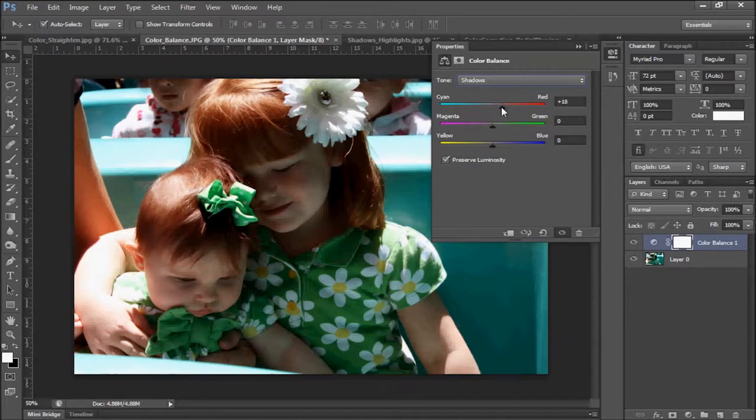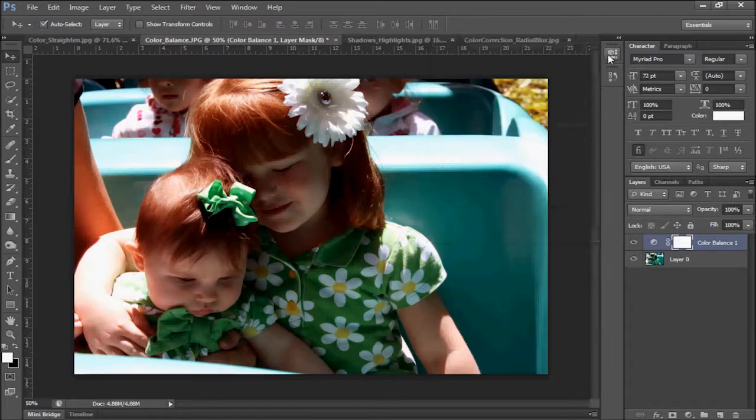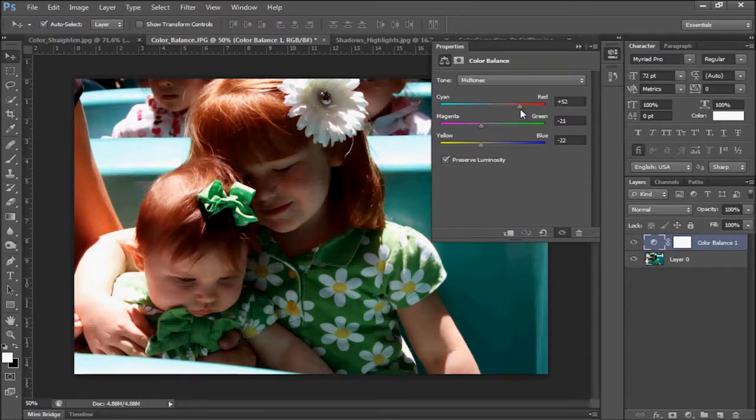For our shadows, we're going to do the same. Only this time it needs to be a lot slighter since our midtones have done so much work already. Same with our highlights. Now you can see the before and after. I'm going to take some of the red off real quick in our midtones. Okay, so once you get that the way you like it,